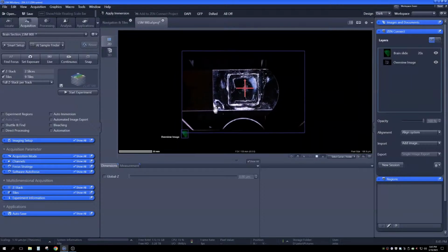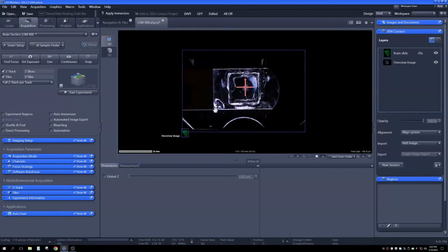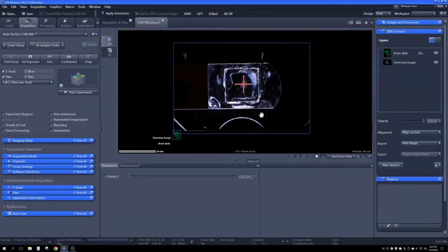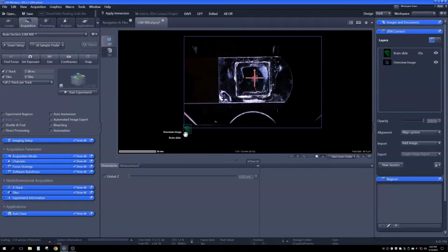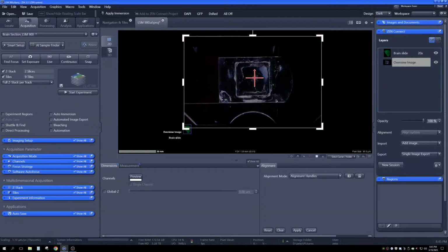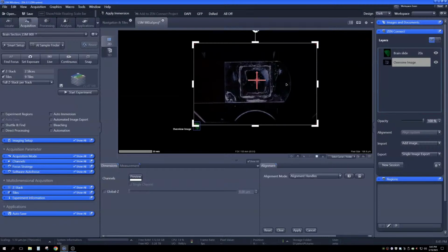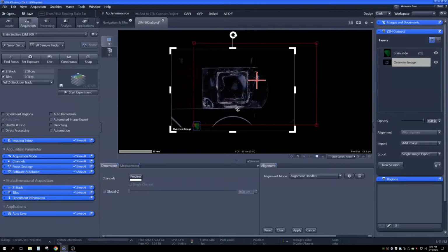So the very first step for us to carry out is to align this overview image that we got from AI Sample Finder with the Axioscan image, which will allow me to navigate on the Axioscan image. So to do that, I'm going to highlight the overview image in this ZEN Connect tab and click on this button that says Align System under the Alignment drop-down menu. Doing that will highlight my overview image, and I can drag this over,